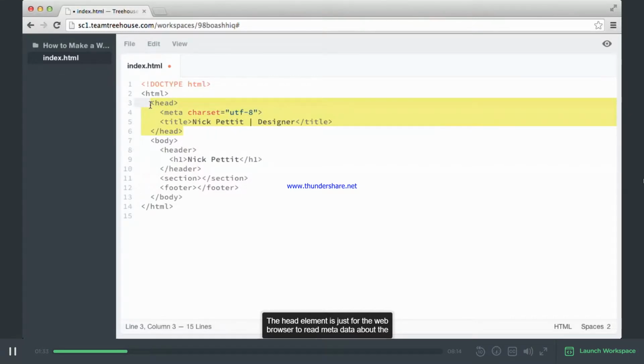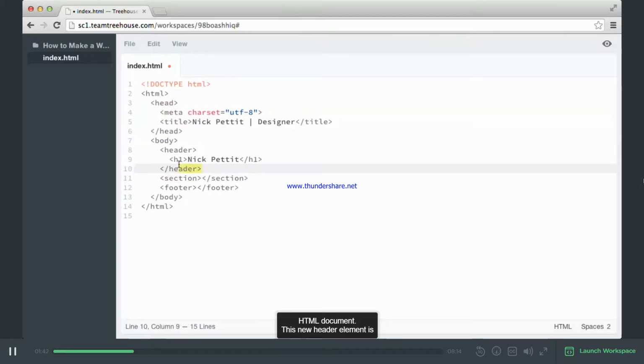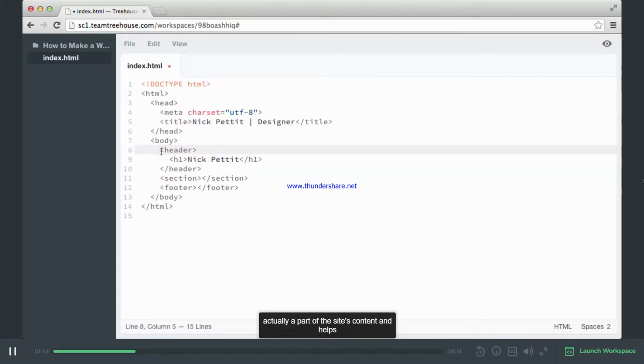The head element is just for the web browser to read metadata about the HTML document. This new header element is actually a part of the site's content and helps structure the information that we're displaying to site visitors. Inside of it, we have the first level headline that we created earlier, and I've made sure